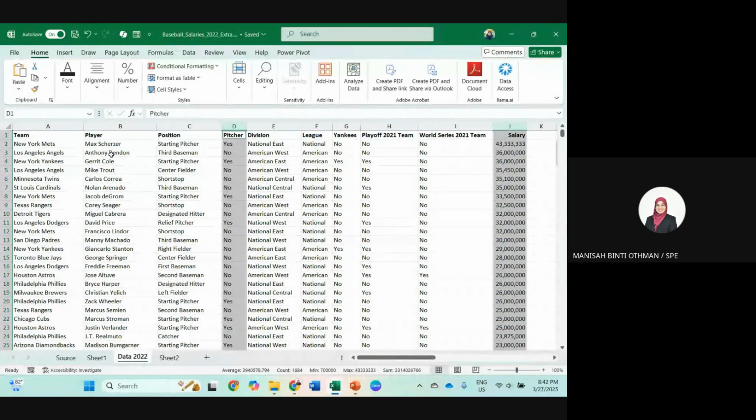Alright, so division, or you want to see Yankees or not. You want to see whether they play in the 2000 to 2021 teams or not. You can do the comparison using the box plot to see whether there are outliers, to see the difference in the salary overall. So as overall, you can see that.